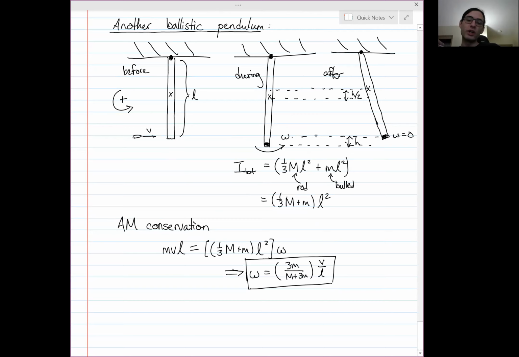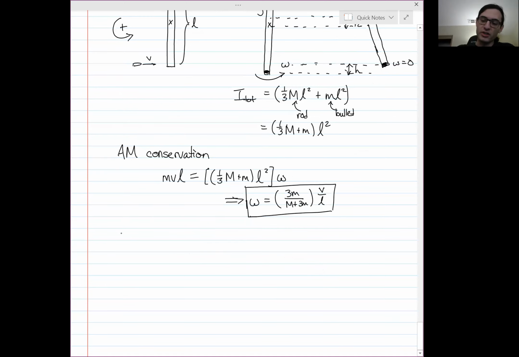So we can write everything in terms of rotational kinetic energy between these two points, because there are no external forces besides the ones that don't do torque, those being the forces from the pivot. So the energy conservation that we get